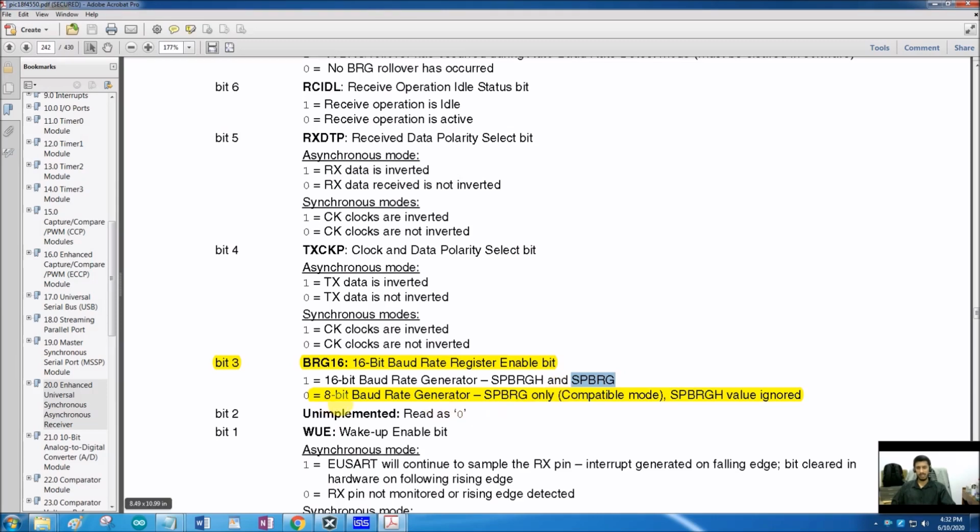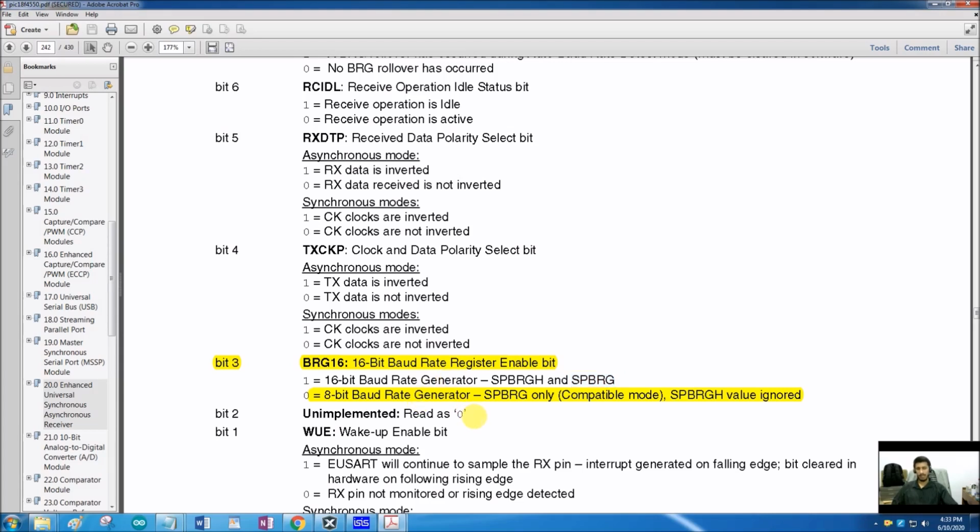But in the case of an 8-bit generator, we only have to send some value, based on the calculation, into one of these registers. And what is then the advantage of a 16-bit mode? It is more accurate. The baud rate generated by the 16-bit generator is more accurate than the 8-bit generator.